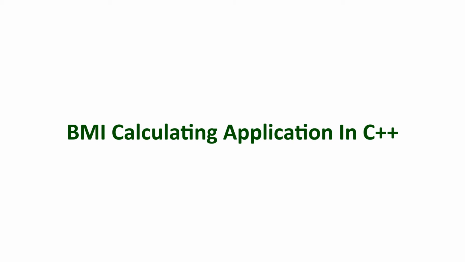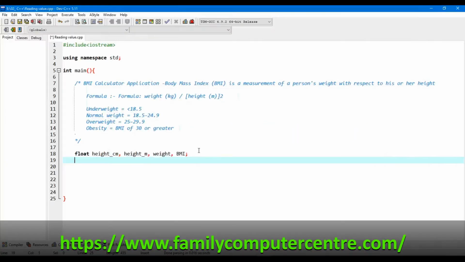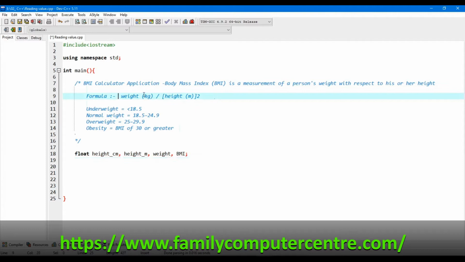In this video, we will learn how to make a BMI calculating application using C++. So in this program, we are going to make a simple BMI calculator application using the arithmetic operators we have learned earlier. BMI stands for body mass index. It is a measurement of a person's weight with respect to his or her height. To calculate the BMI, we have a formula which is weight in kilograms divided by height in meters